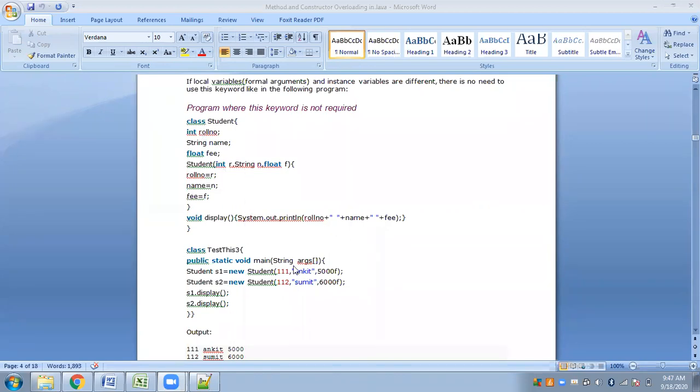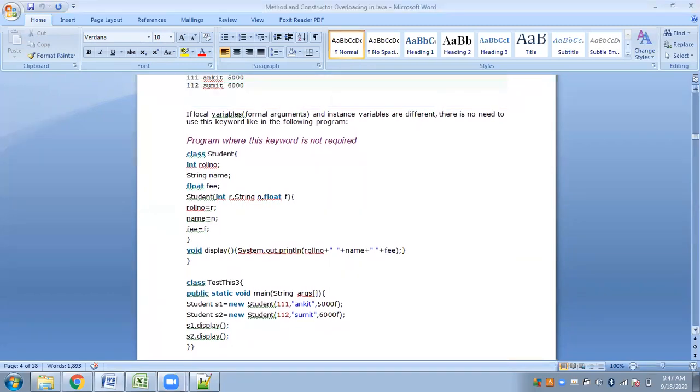Because the parameters that we have used are different from the class instance variables. But we might have programs where we would choose to use the same names for the parameters as the class instance variables. Now, how to differentiate between which is a class instance variable and which is a parameter that has been passed? To differentiate between both, we have to use this keyword.